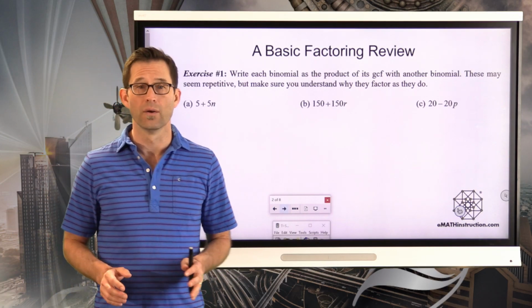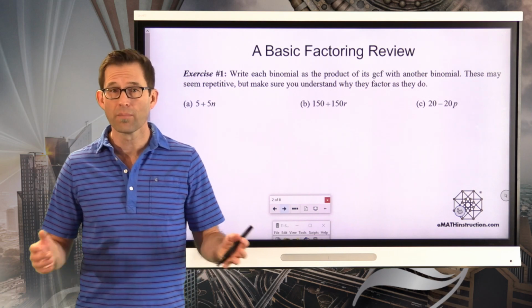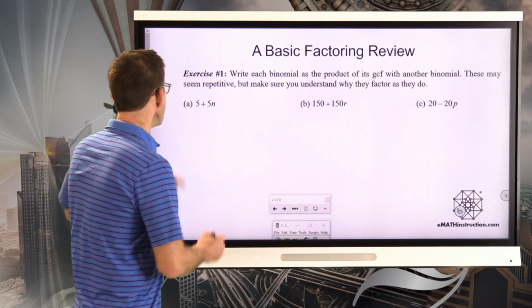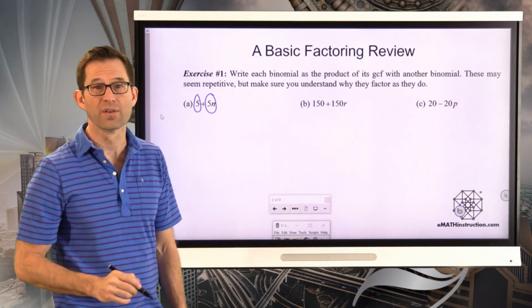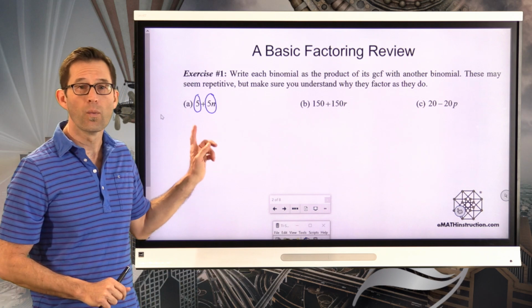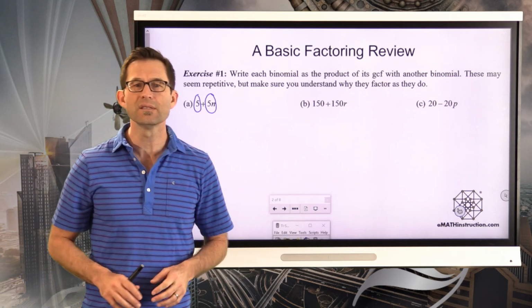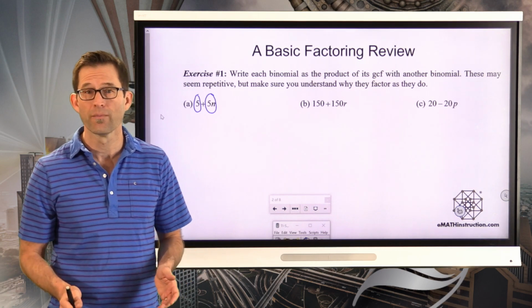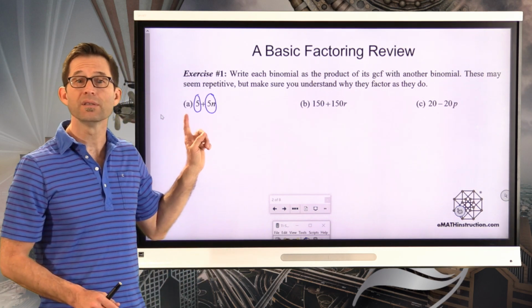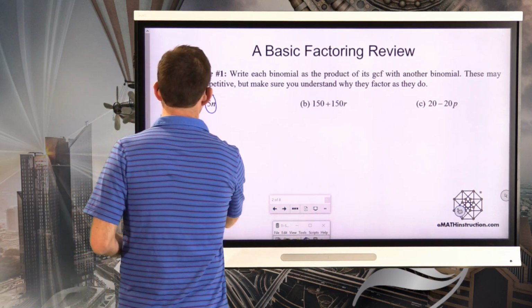We just got done with a lesson on factoring binomials. And whenever we factored a binomial, and let's take a look at letter A, right? We would take a look at the two terms, or at least the two numbers in the two terms, and we'd say, all right, what's the greatest common factor of these two numbers? Which again is easiest maybe to think about as what's the largest number that divides into both. Well, in letter A, it's very easy because both of those numbers are 5, right? So the GCF here